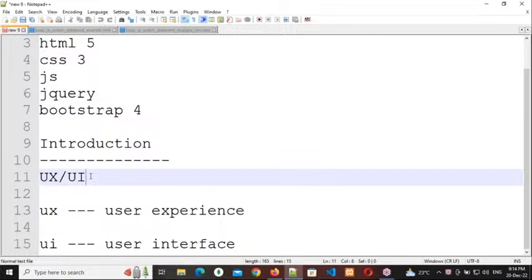So how can we interact? By clicking on something, by hovering on something, by scrolling up, scrolling down, or by typing. So what he is doing, he is interacting with our application. Clear, everybody? So by using the user interface, we can interact with the user. User experience means what the user can experience. For example,